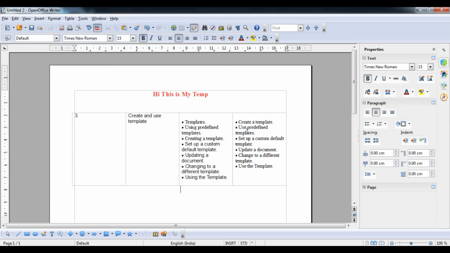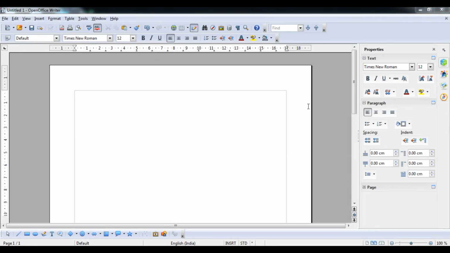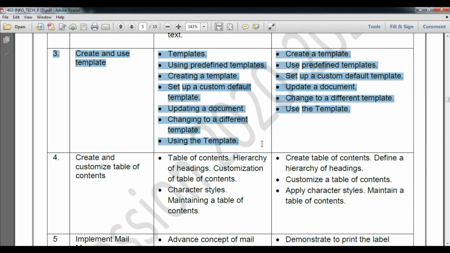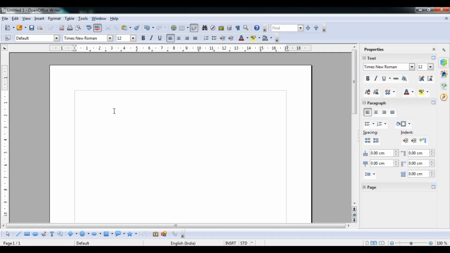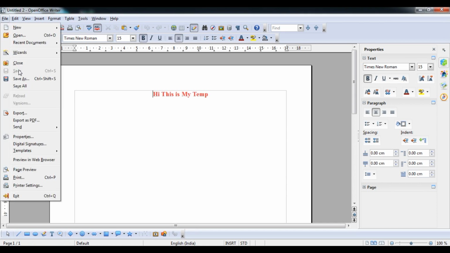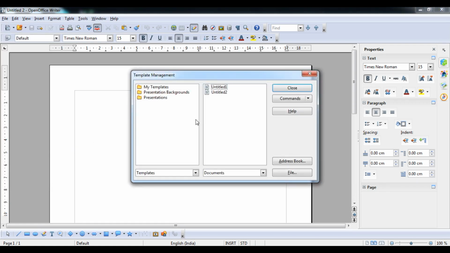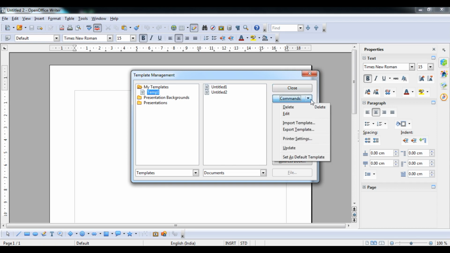Okay, now how to update a document, that is a template. So the third topic we will understand is update a document. Okay, so how to update a document. To do that you have to go to File, go to Templates and then the Organize option, My Templates, select your template, click on this.